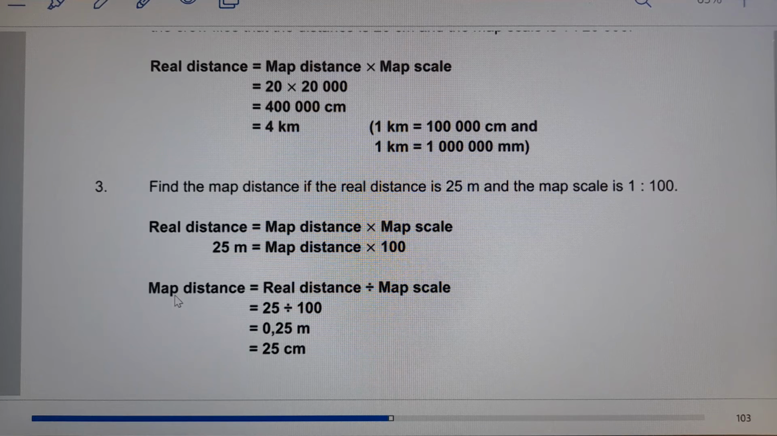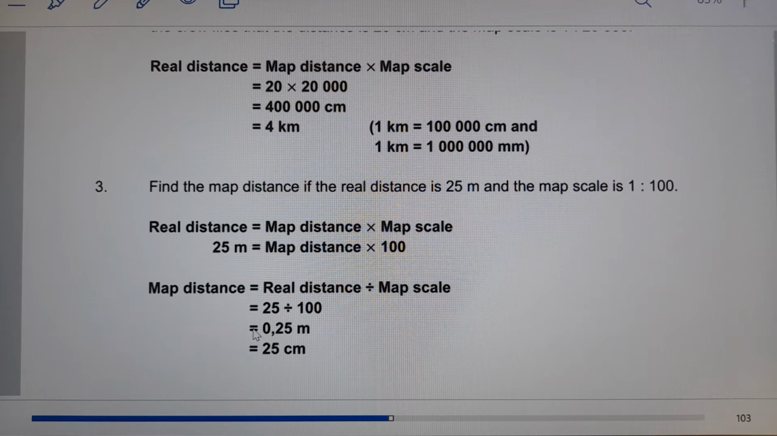Okay, so don't worry about this. Focus on the formula and you write the formula down. Map distance is equal to real distance divided by map scale. So we know our map scale is 100. So our map distance is going to be real distance, which is 25, divided by map scale, which is